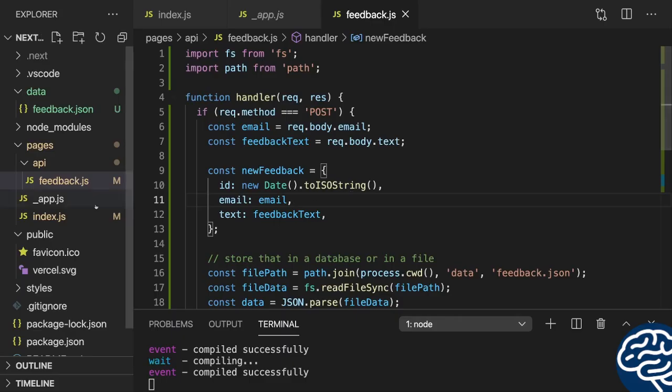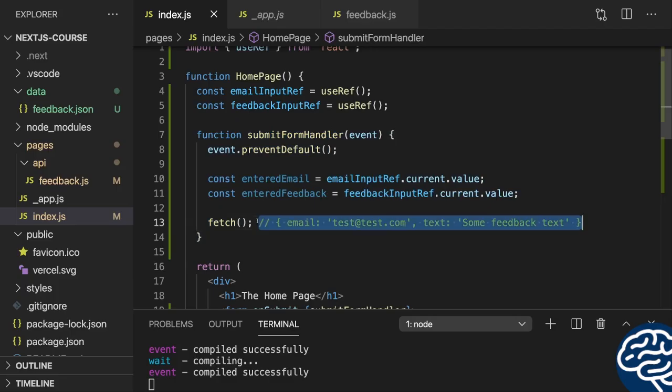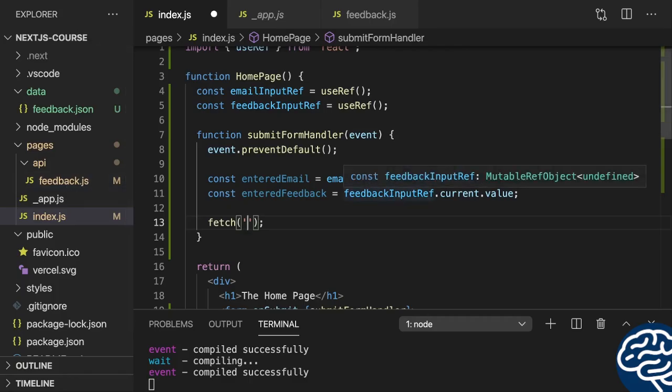So let's now connect everything, and for this in the front-end index.js file, I now really want to send an HTTP request when the form is submitted. So for this here, I will use that fetch function, and now we need the URL to which the request should be sent. Now since we will target this API route, the URL will be our current domain, and then just